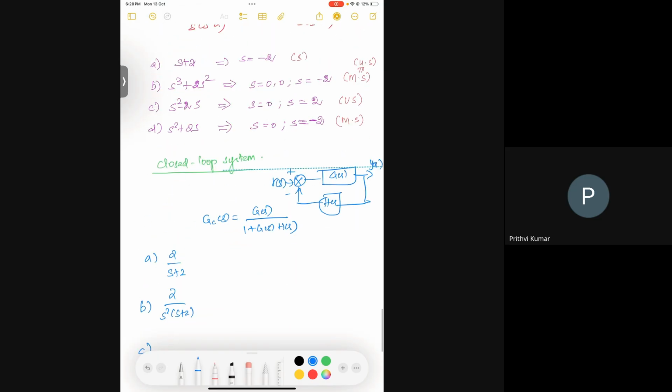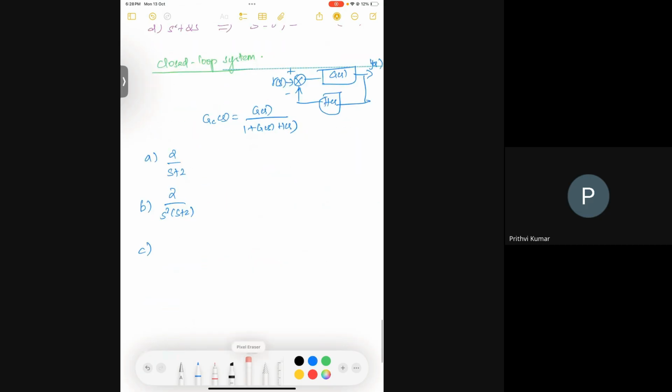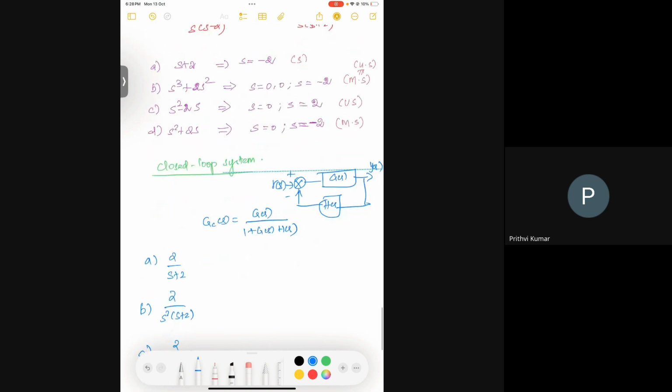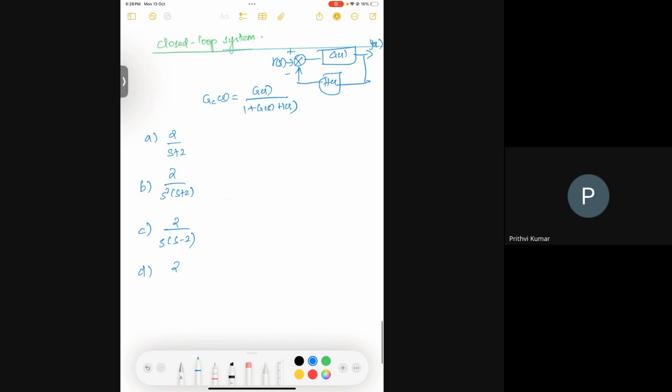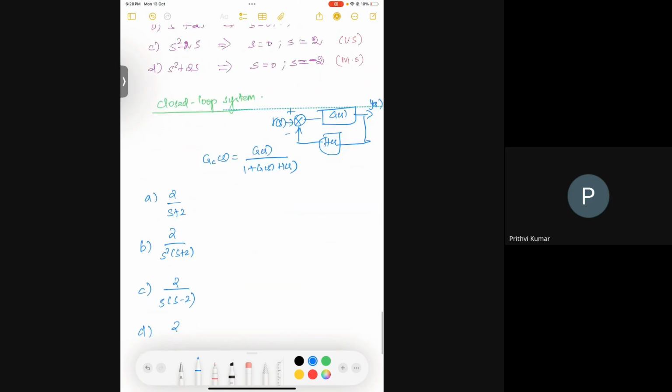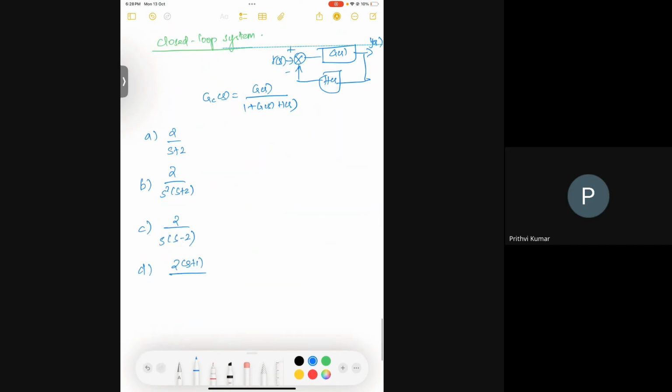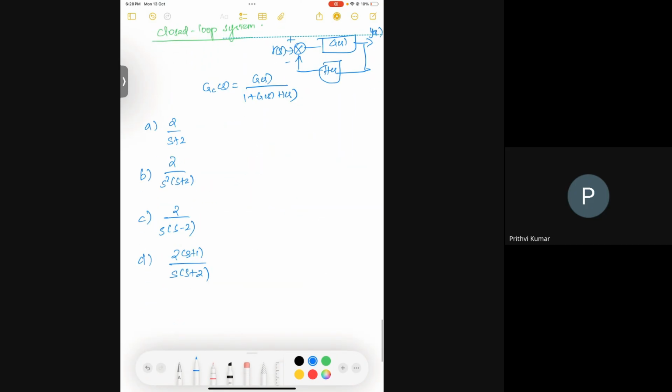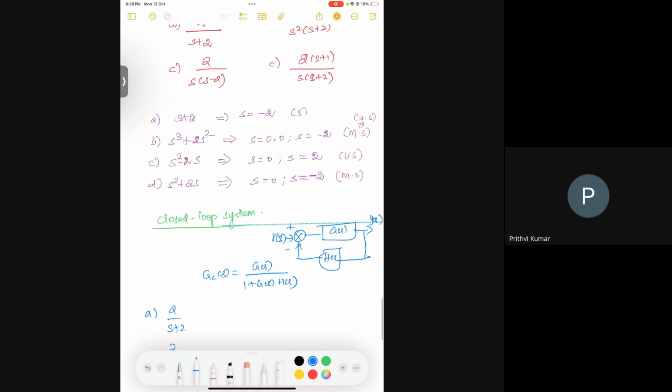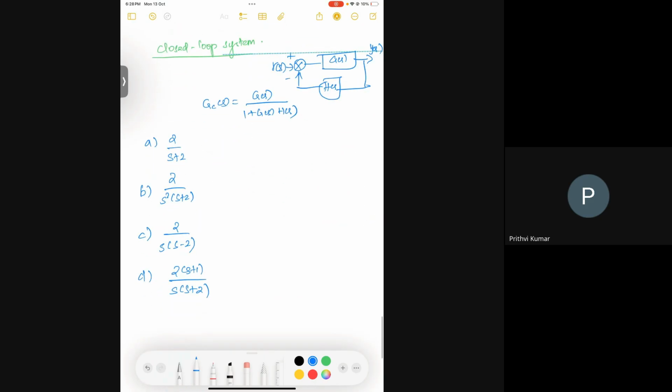C is 2 by s into s minus 2, right? D is 2s plus 1 by s into s plus 2, right? I hope it's correct. Now if we find the closed loop system transfer function, it will become